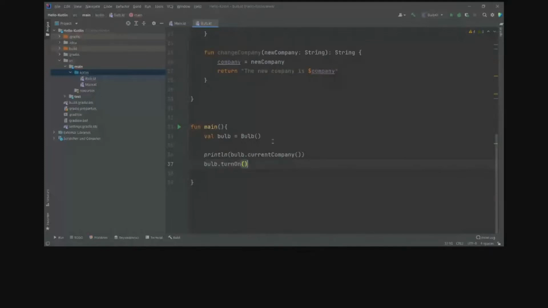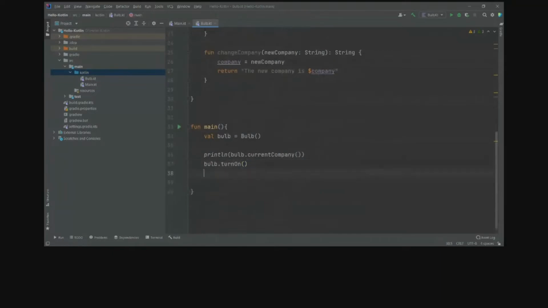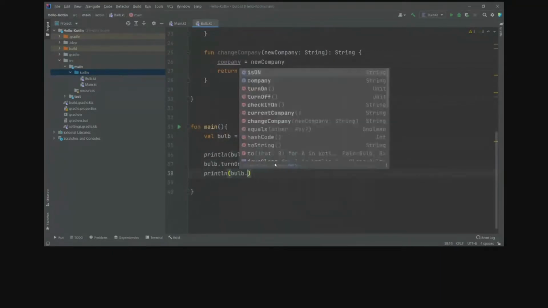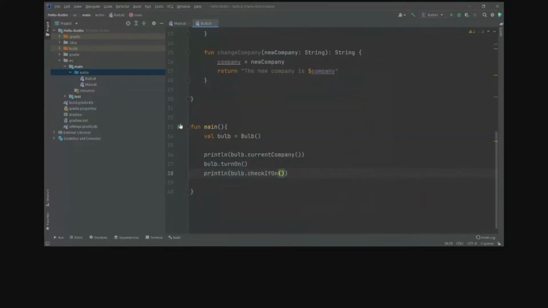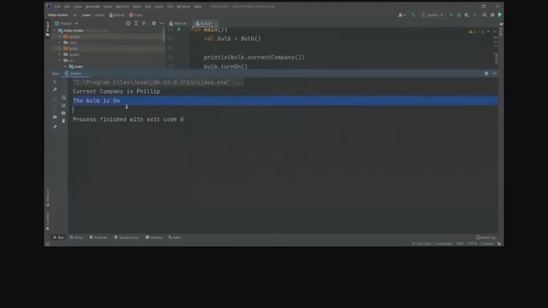This will turn on the bulb, and if I call the method check if on, then it should return me the bulb is on, right? Yes, as expected, it has written the statement bulb is on.